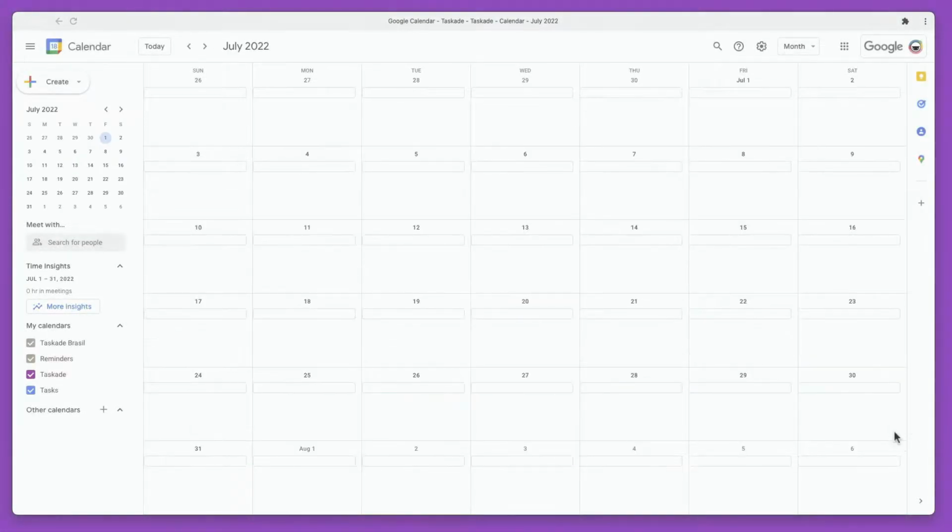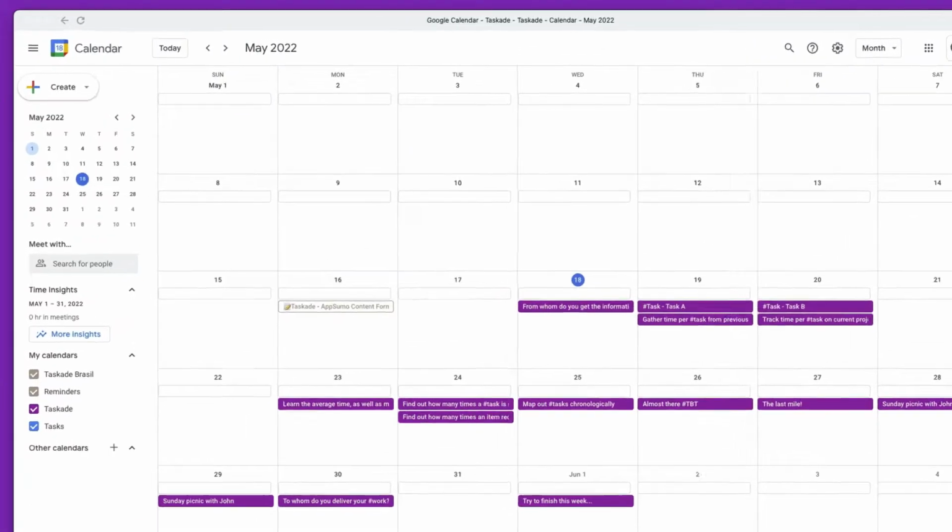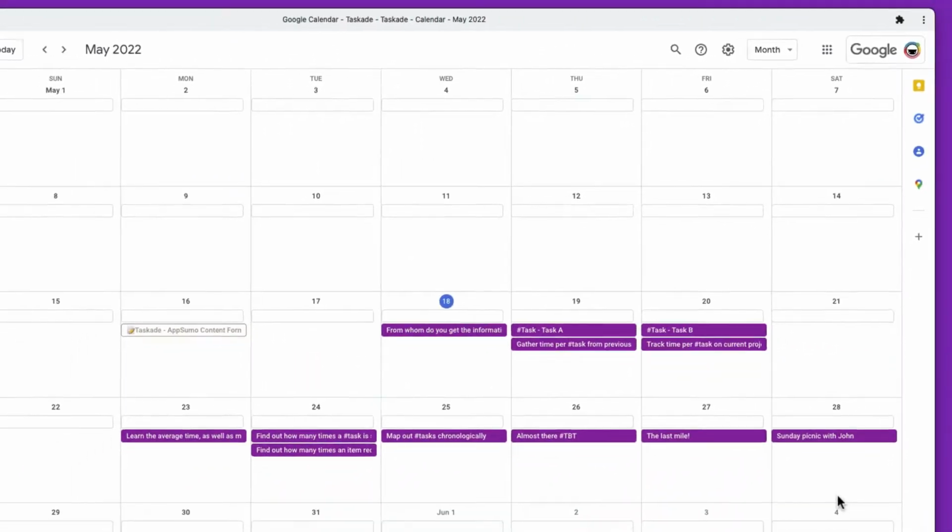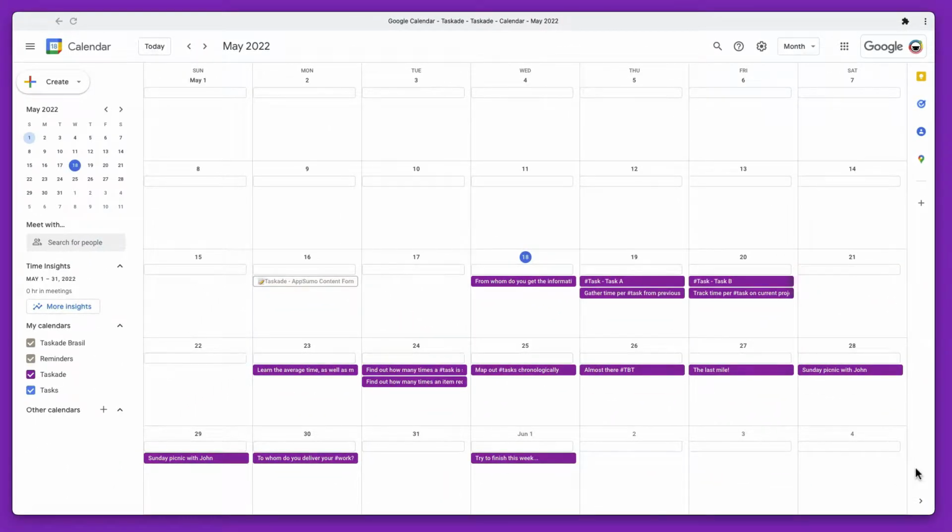Google Calendar is undoubtedly one of the most popular tools for managing calendars. But what a lot of people don't know is that it has several features and options that make the tool